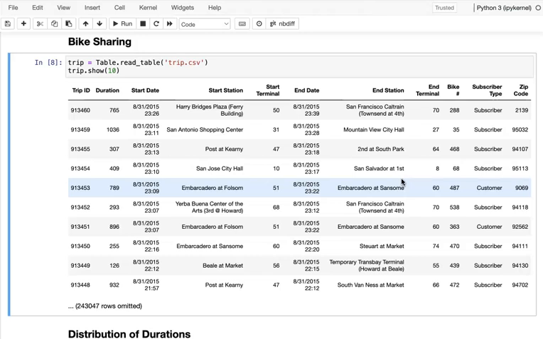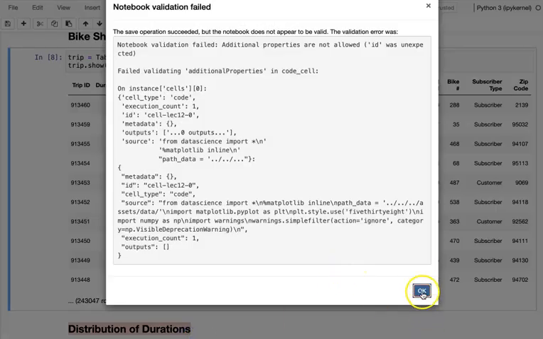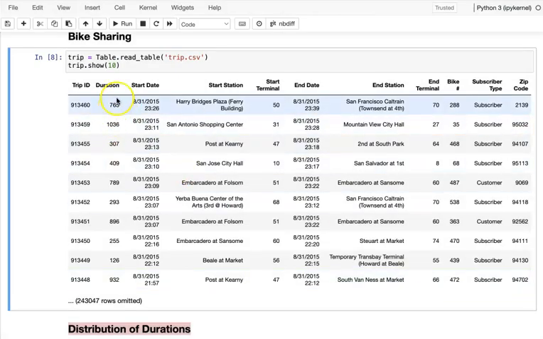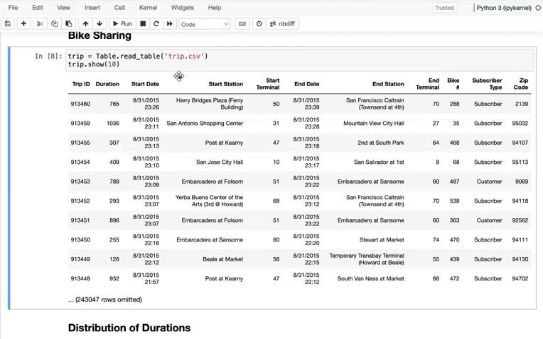We have a few things we are interested in. The first thing, if I want to know the distribution of the duration, you can see here is the duration, in seconds. So 765 means more than 10 minutes. If I want to see the duration, we don't know the data well yet. So how about I look at all the trips and how their duration is distributed? How should I make a visualization for that?